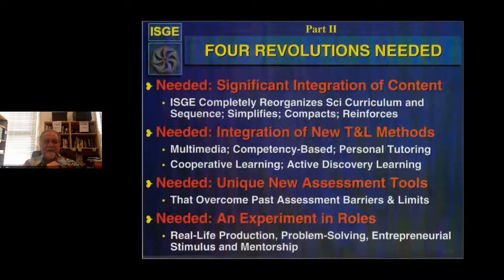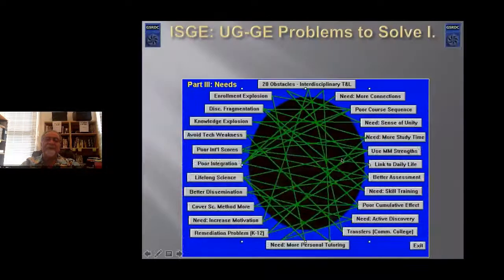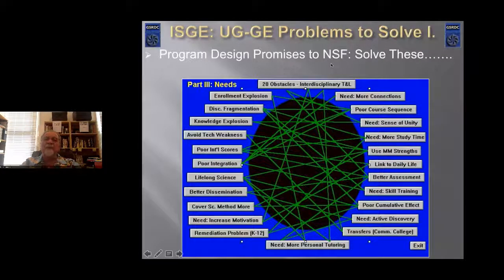And it's an experiment in role. There's real-life production problem solving, entrepreneurial stimulus, and mentorship, as well as solving problems for the world and the species. Now, one of the things we tried to do is to program design promises to NSF to solve these